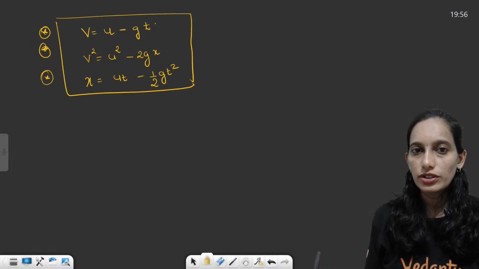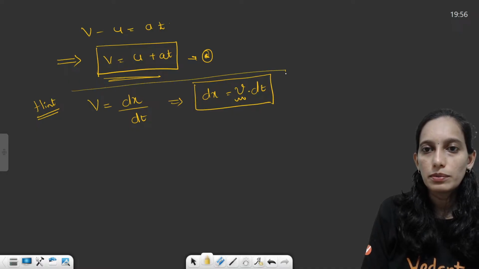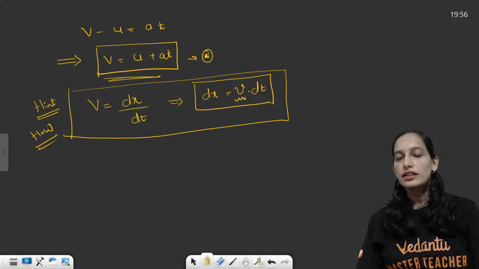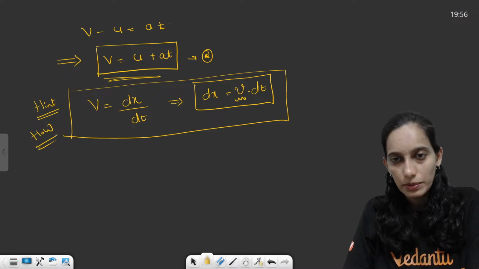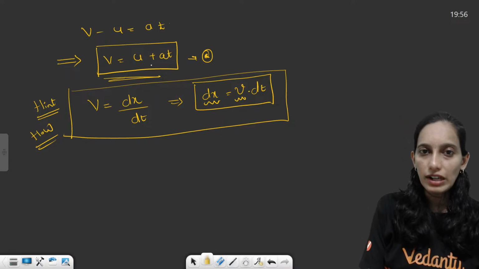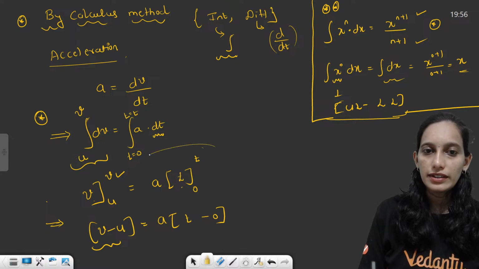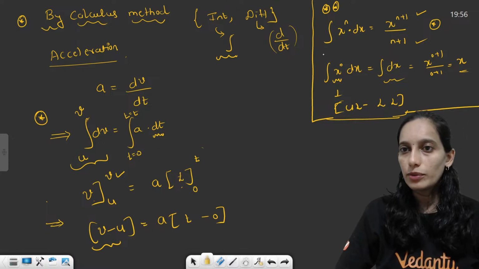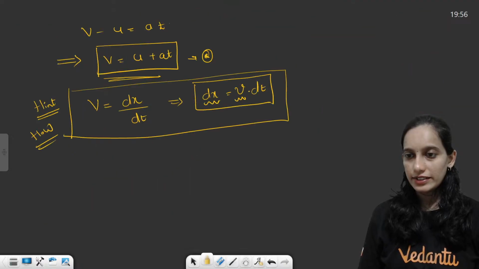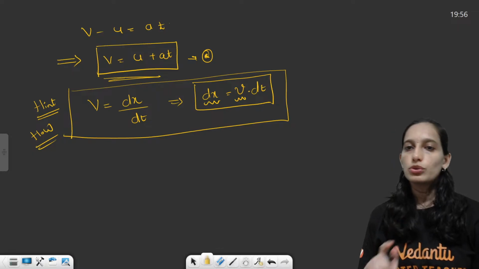Okay, so just by considering the definition of velocity, this is up to you to work out. I'm just leaving you with a hint. Consider the velocity definition, v is equal to dx by dt, and I have given it rewritten. Next step, what do you have to do? Substitute for velocity and integrate the same way, the same formula will work out. Okay, x raised to n dx integration will be x raised to n plus 1 divided by n plus 1. Apply the same formula, so you will get that.